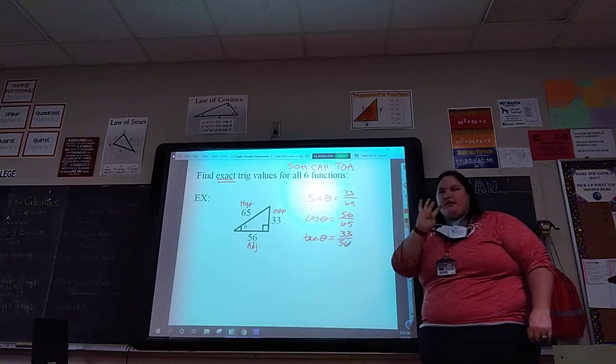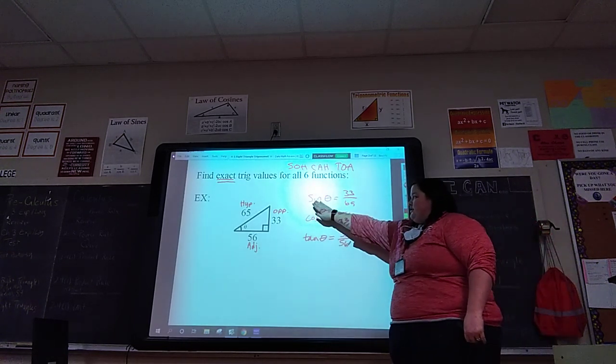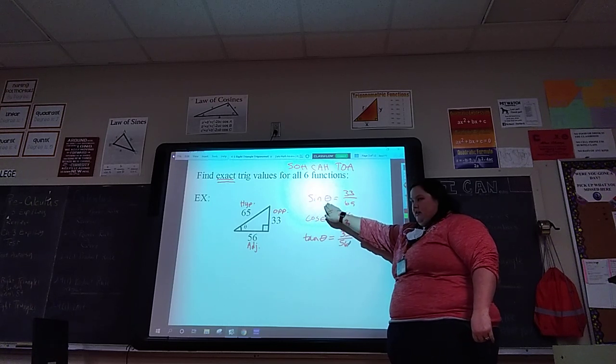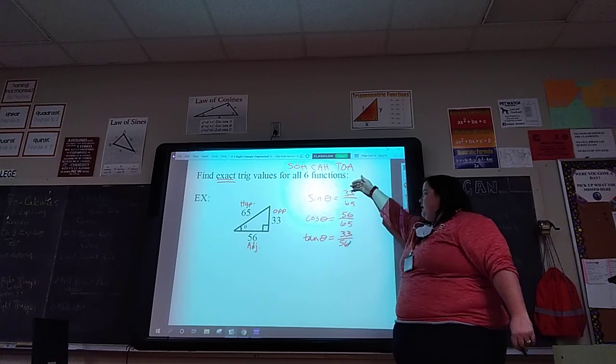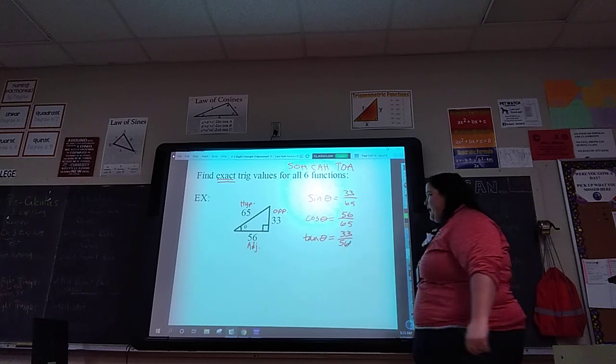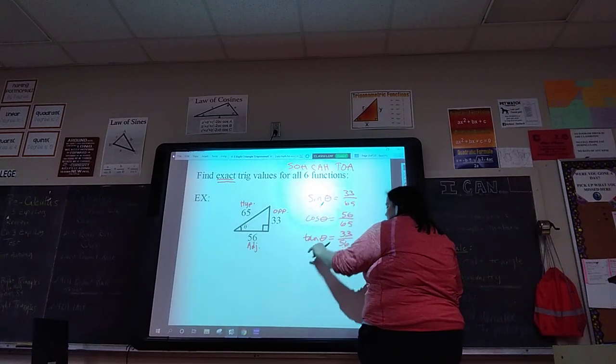Like I said, each ratio has 4 bits of information. A certain trig function we're using, an angle, which we don't know, so we have to use a theta, and 2 sides. Okay. So now that we have our main 3,